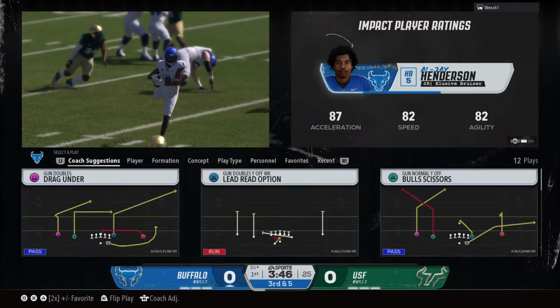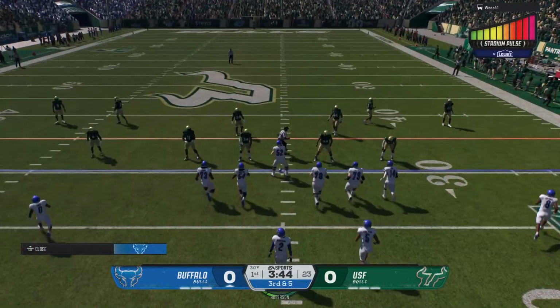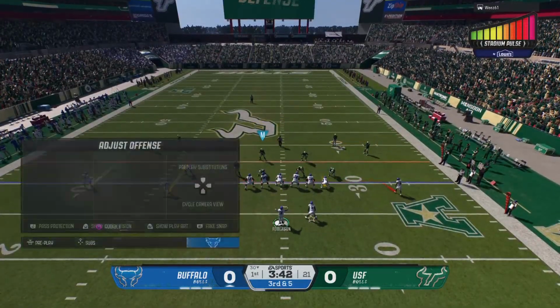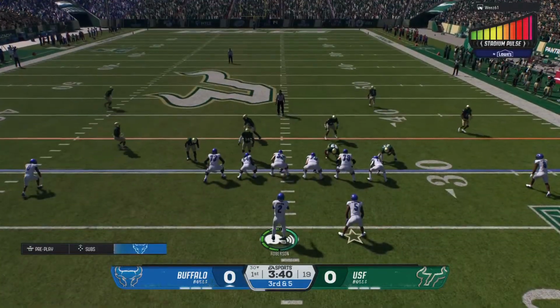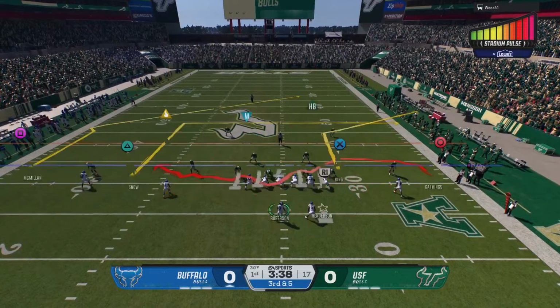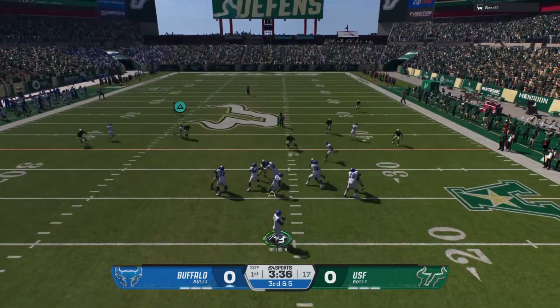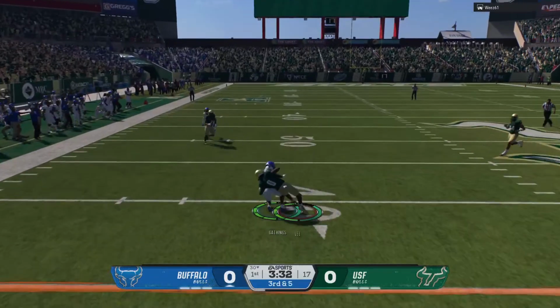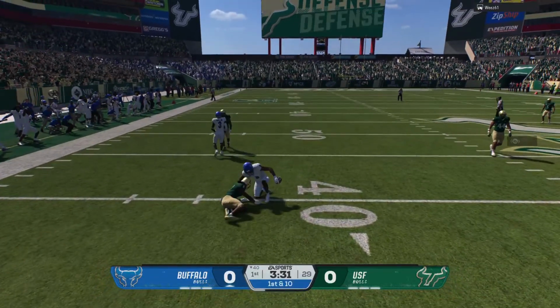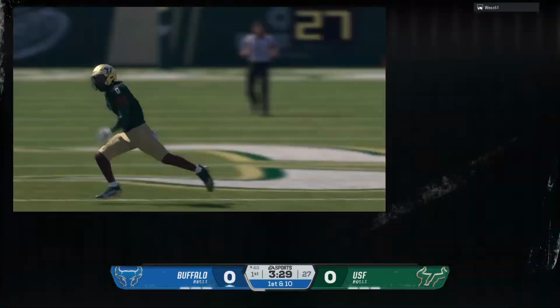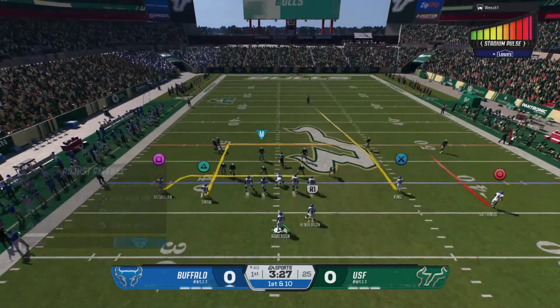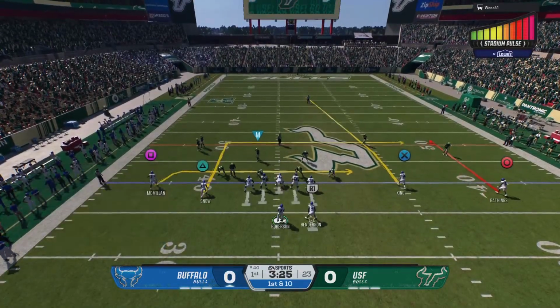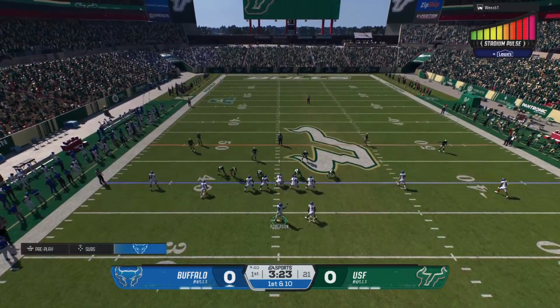And quarterback and receiver on the same page. Nice job seeing the zone, understanding the drag route concept. Easy pitch, easy catch. Looking to throw on third. Makes the grab on the left. Solid work and execution there. They'll have a first down as they mark it at the 40. The Bulls come to the line with a new set of downs.